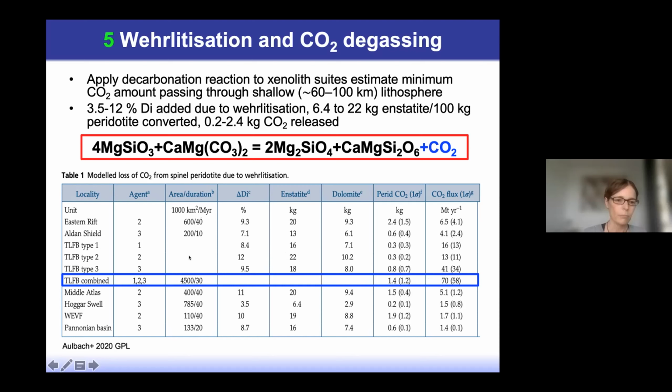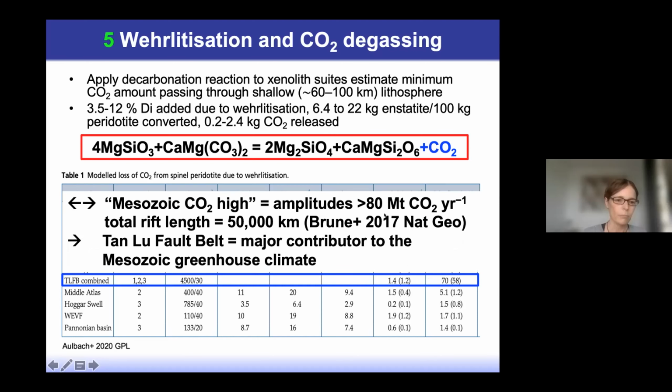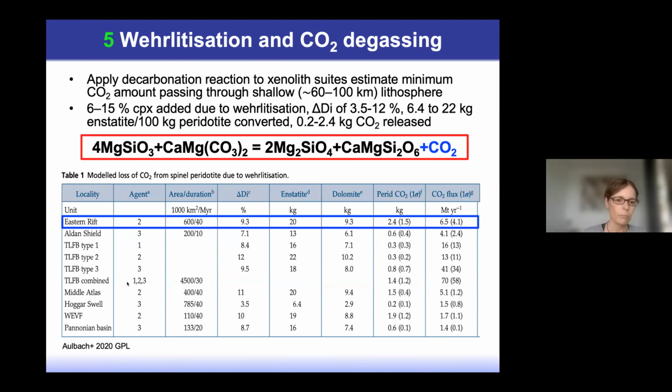And when we look at estimates from Brune et al. for the Mesozoic CO2 high, we can see that there are amplitudes of up to over 80 megatons CO2 per year. And so it looks like the Tanlu fault belt could have been a major contributor to the Mesozoic greenhouse climate. And then I want to take you to the East African rift, where we've estimated 6 megatons per year of CO2,